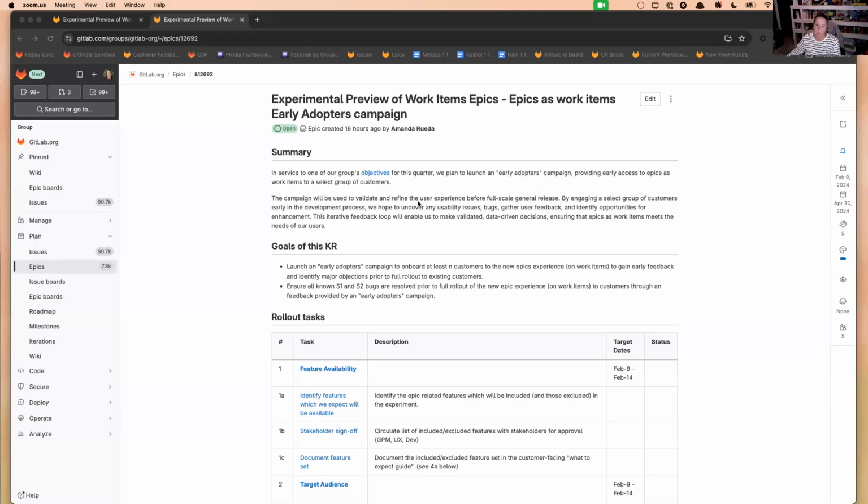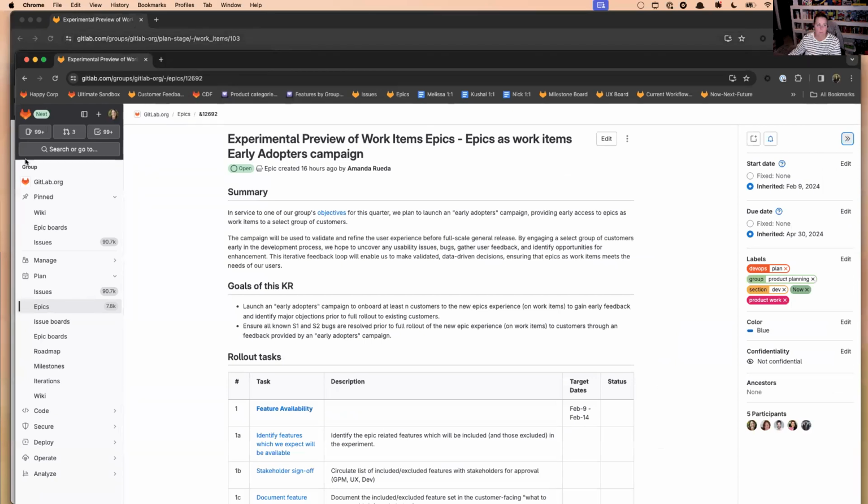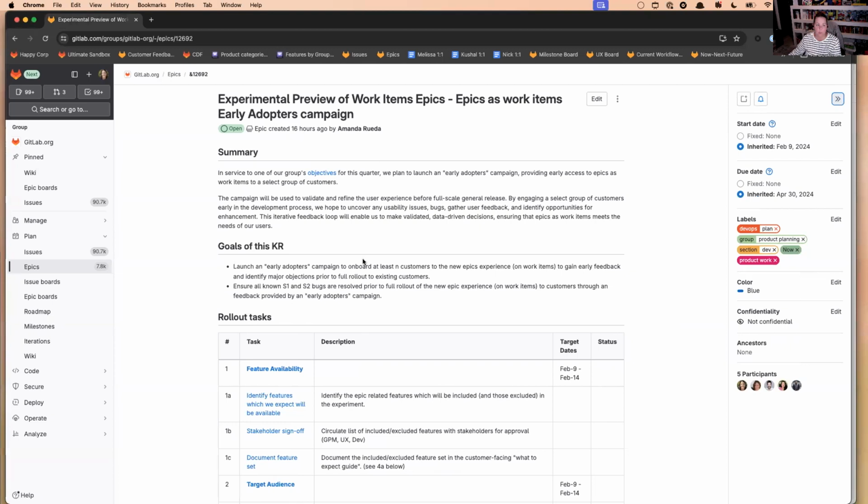I want to walk through some usability, I don't want to say issues, but an uncomfortable feeling I get as a user when I am interacting with the new Epic as a work item record and I'm trying to reduce screen size. So